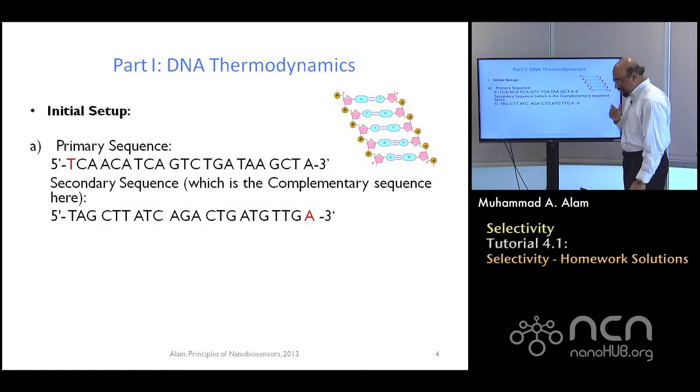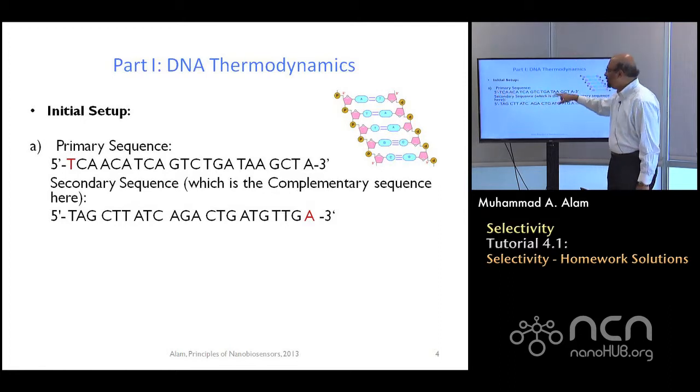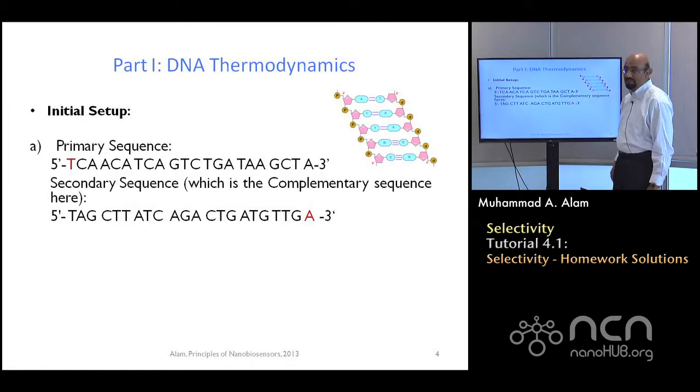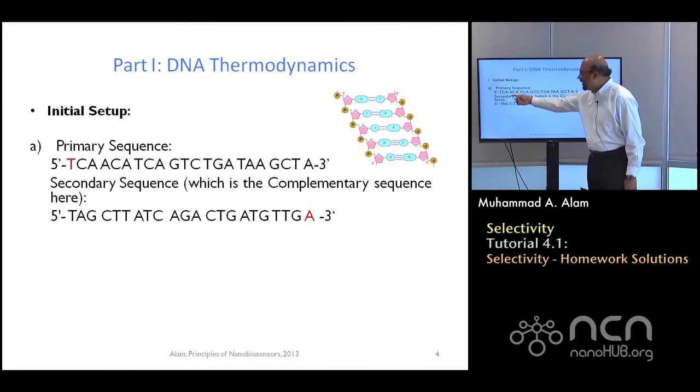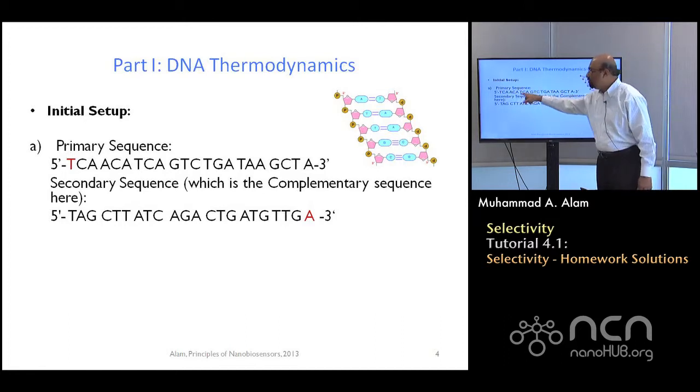Let me show you some example. For example, I gave you 2 sequences. The first sequence is the receptor molecule, you see, starting from 5 prime. Then you have a 22 base pair sequence, ending with 3 prime. What does it mean? First of all, this is easy, right? This is A, T, C, G. So I have a particular sequence. This is, let's say, a potentiometric sensor surface. I have 22 molecules attached and standing straight like that on the sensor surface. So this is the 22.